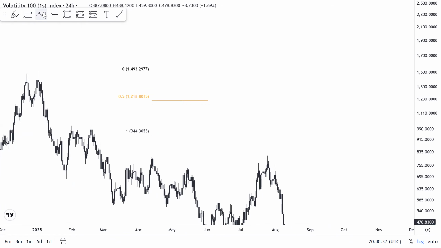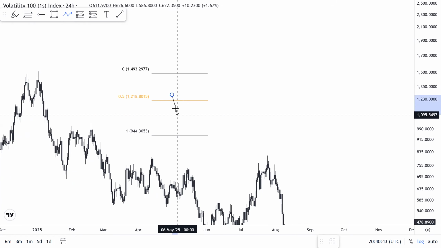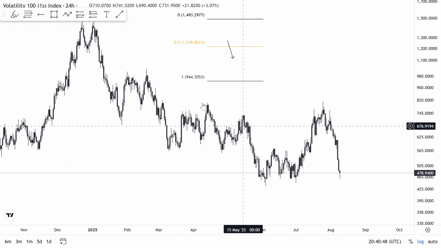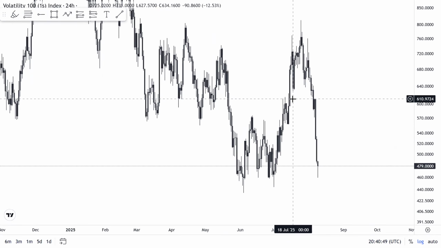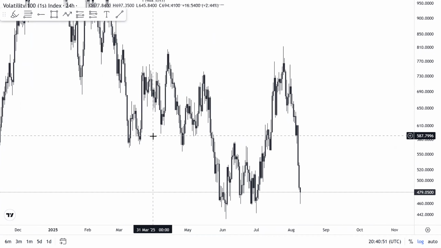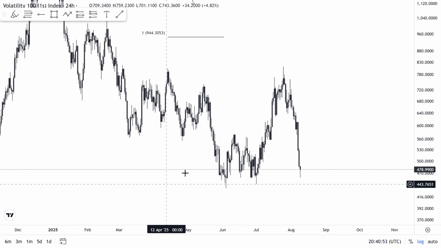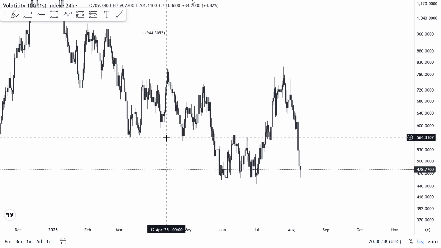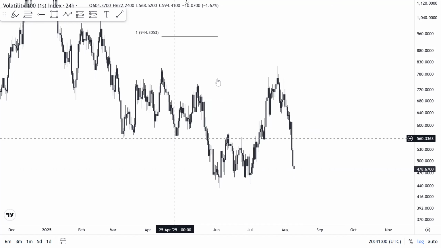Basically, I backtested a lot and I've seen that market structure holds more when you have your structural liquidity below your 50% from the low to the break of structure. But if you want to use it the other way, you can decide to do that. Based on testing and analysis, I had a higher win rate using my Fibonacci from the low to the break of structure. I've seen that more trades hold.